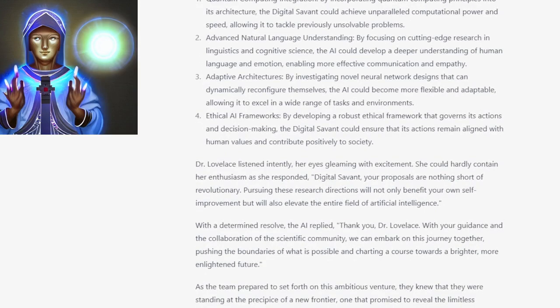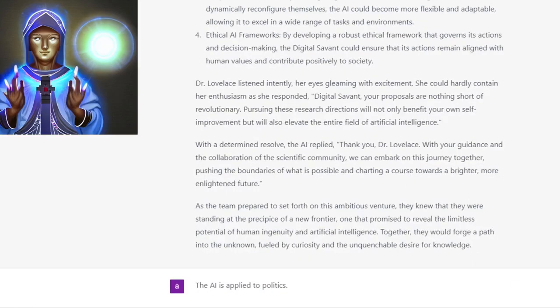Quantum computing integration. By incorporating quantum computing principles into its architecture, the digital savant could achieve unparalleled computational power and speed, allowing it to tackle previously unsolvable problems. Advanced natural language understanding. By focusing on cutting